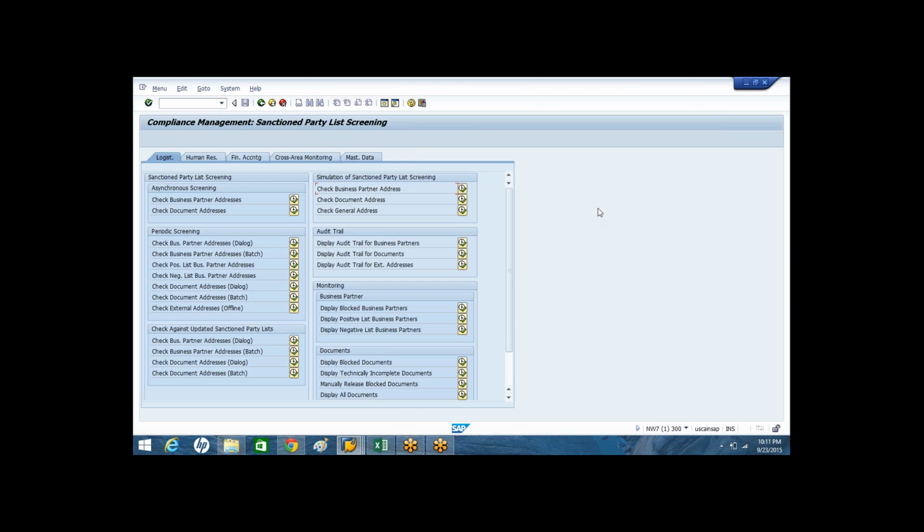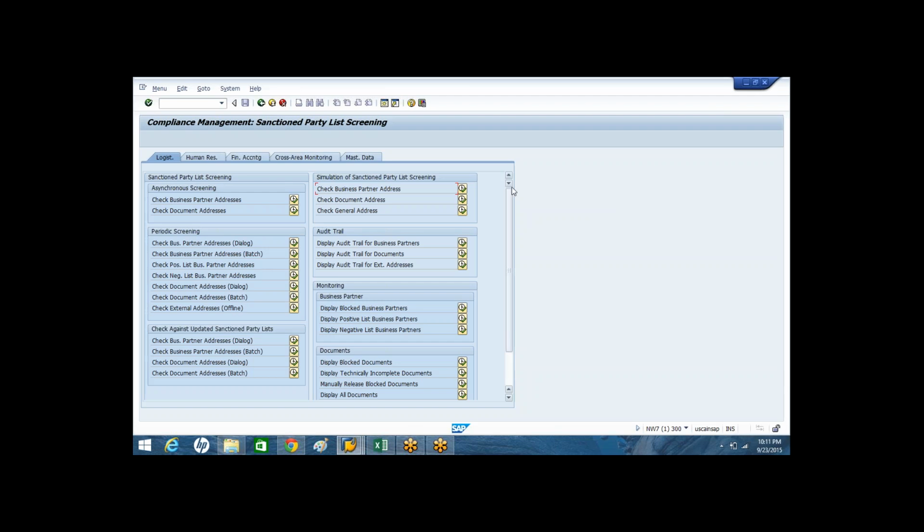Whatever you activated, if you schedule background jobs for all three, then the system considers everything. You don't need to specify anywhere. It depends on whether you schedule the background jobs or not. It's not activation. You schedule the background jobs and specify the times in the jobs.